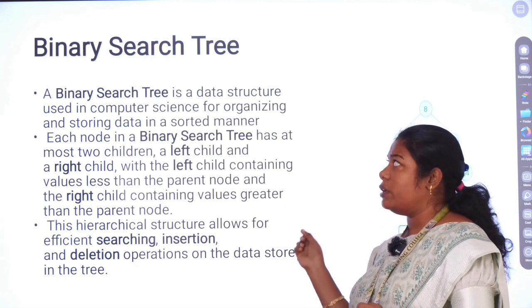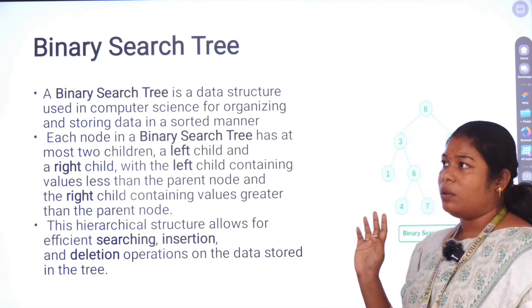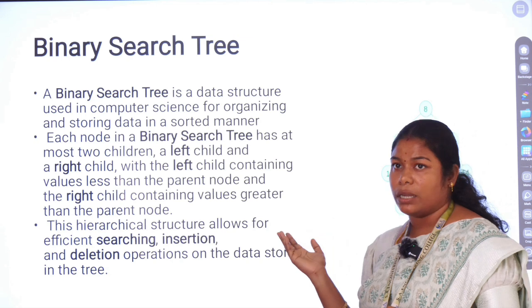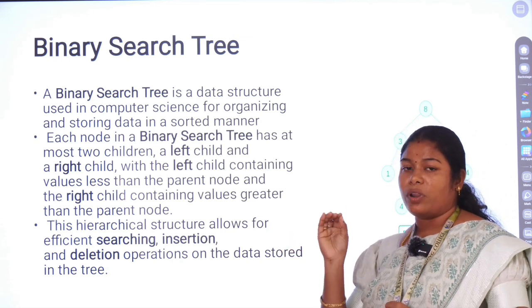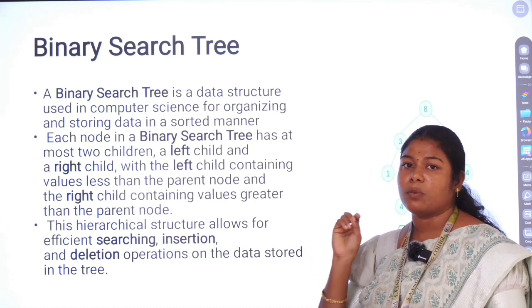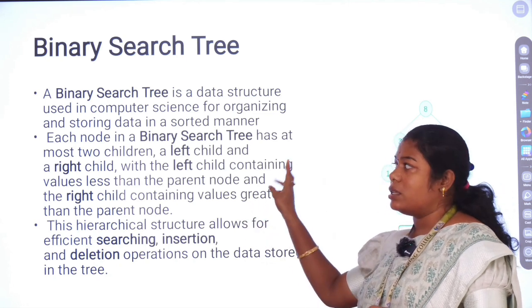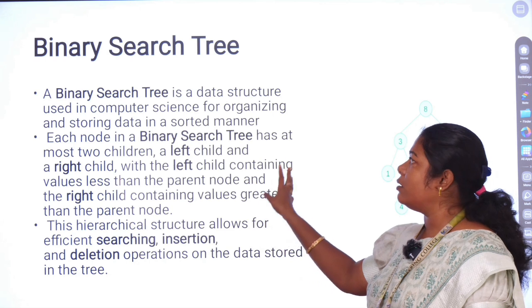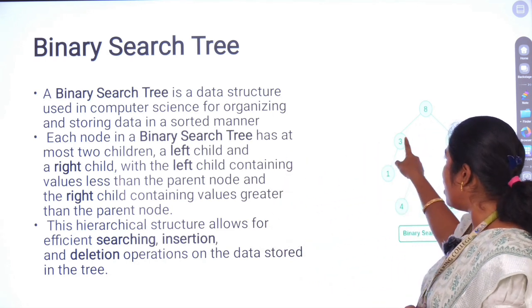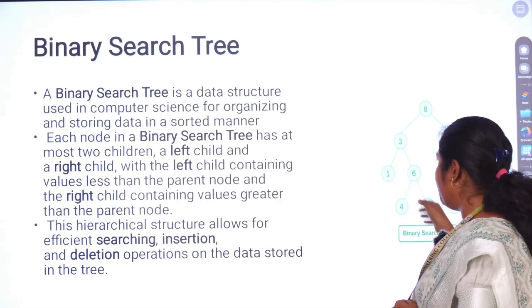The difference between a binary tree and a binary search tree is that in a binary tree we only concentrate on the number of children present for a parent. That is, a root node should have a maximum of 2 children, whereas in a binary search tree the same criteria is applied. That is, a binary search tree should also have 2 child nodes, but the left subtree,